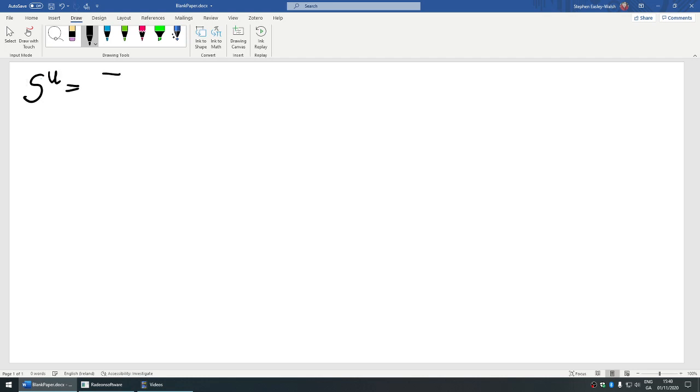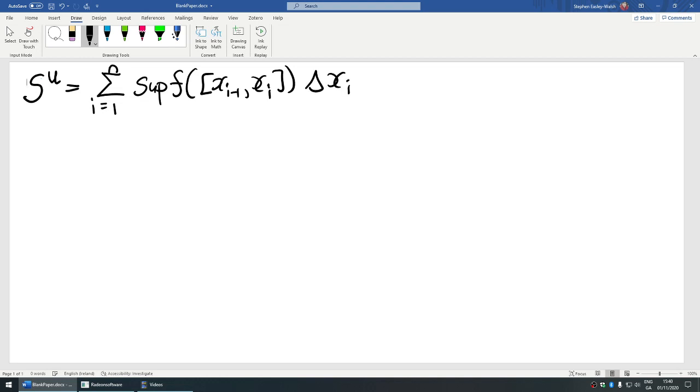That will be the sum from 1 to n, I think is how they do it, of the sup of f on the set [x_{i-1}, x_i] times delta x_i, where delta x_i equals x_i minus x_{i-1},